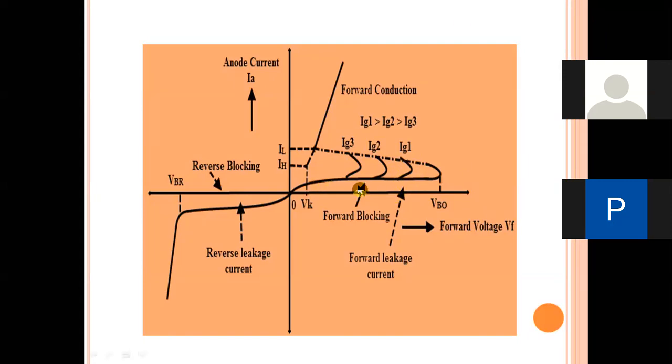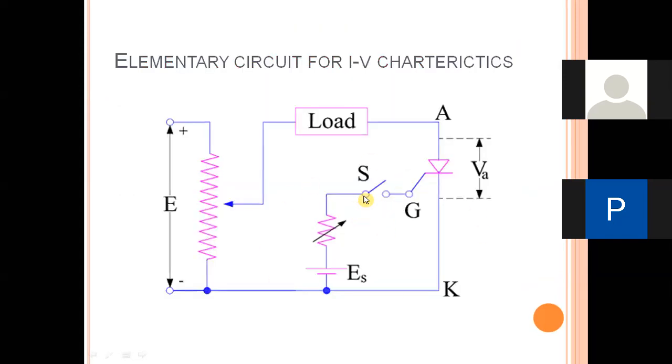To analyze this, we are going to consider this particular circuit here. You apply a gate current of 10 milliamps here, and you increase the voltage across the anode and the cathode slowly by varying this rheostat. That may be 10 volts, 20 volts, 30 volts, 40 volts, like that. Whenever it is increased, for this 10 milliamps, let the voltage across the device become 80 volts, the device comes to the conduction.